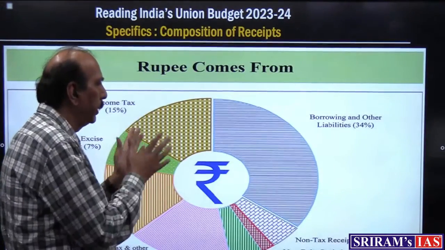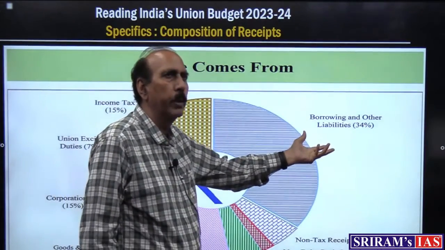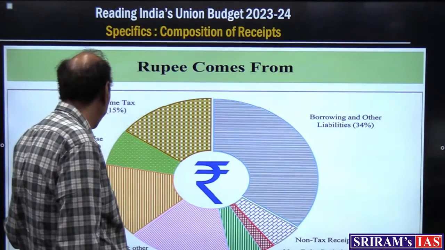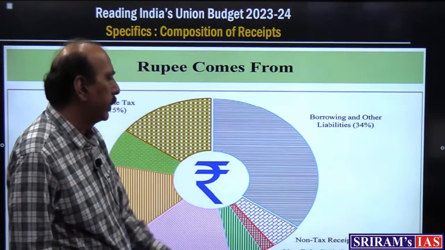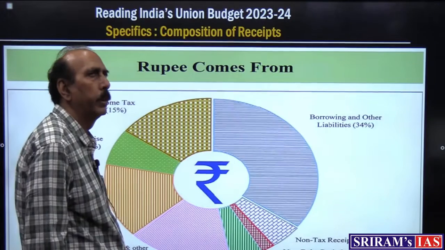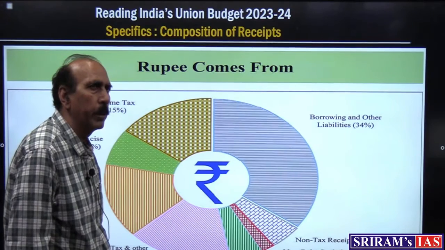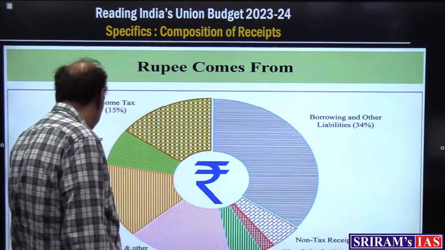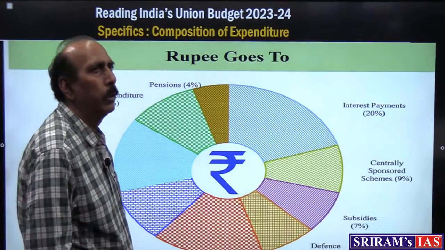And this is a summary of where the rupee comes from. 34% of the rupee will be coming from borrowings, and income tax 15%, union excise 7%, corporation tax 15%, GST 17%. Non-tax receipt only 6%, non-debt capital receipt 2%, customs 4%. It means 66% of the rupee which will be spent by the government is generated through own sources, and 34% of the rupee which is going to be spent by the government will have to be borrowed